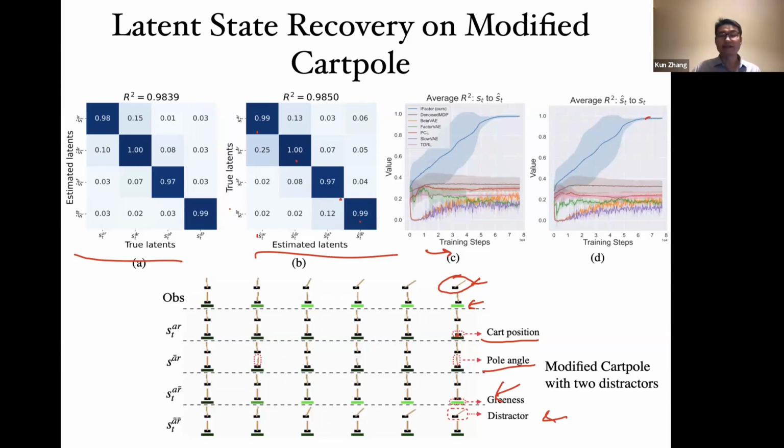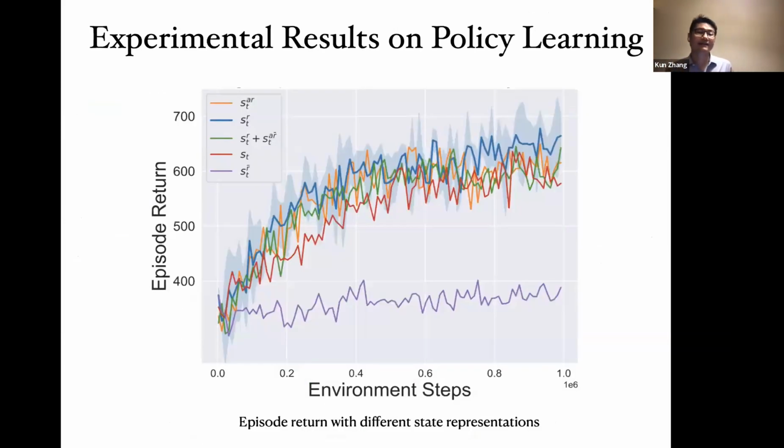You can discover each of those categories. So here you can see how the episode return changes along with the environment steps. So it's about how the performance changes as you interact with the environment. With the reward relevant representation, the blue one, you can see the return increases the fastest, as you can see from here. So it's good because you have a compact representation. You just pay attention to the essential part in order to learn a good policy.